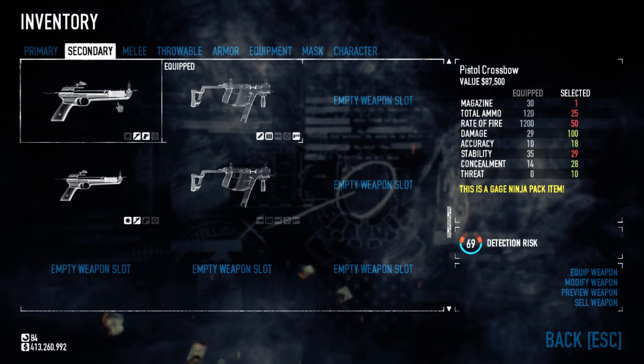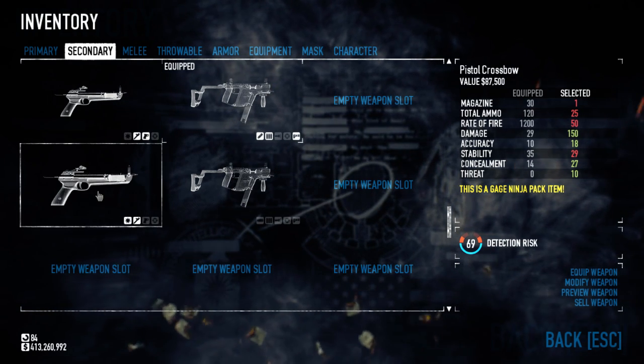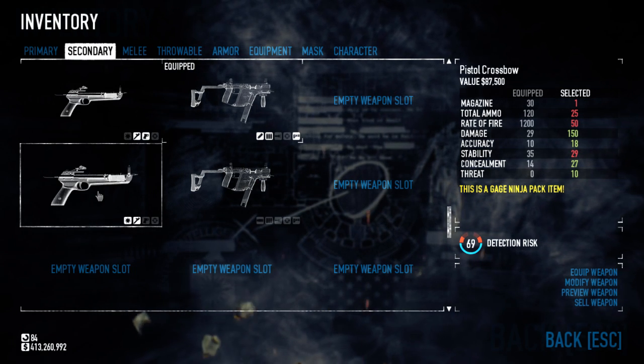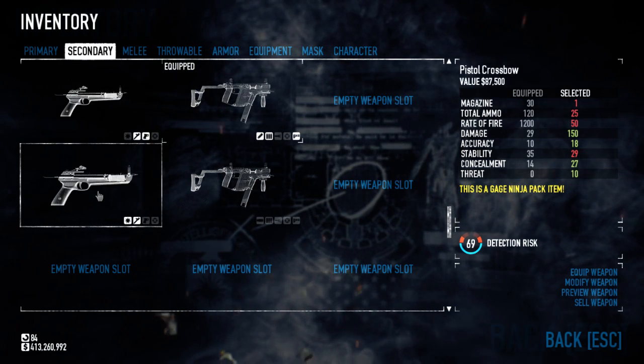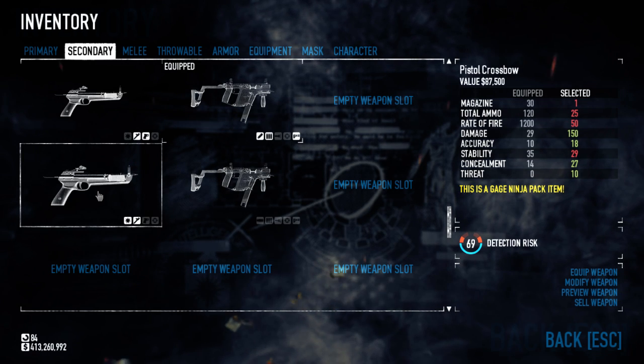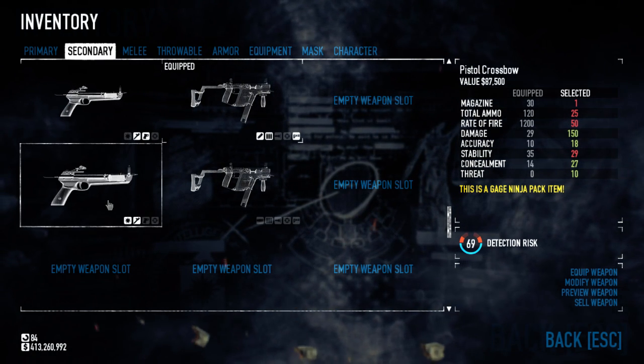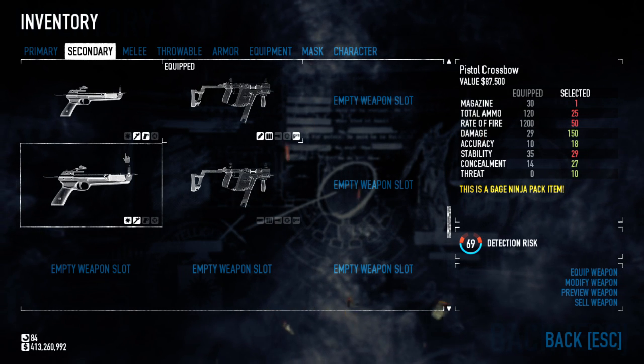Either way, explosive is obviously more, 150. It doesn't change the concealment. Just for the record, I don't have all the attachments as multiples yet, so I was unable to actually get that going. I don't have a grip for it, but